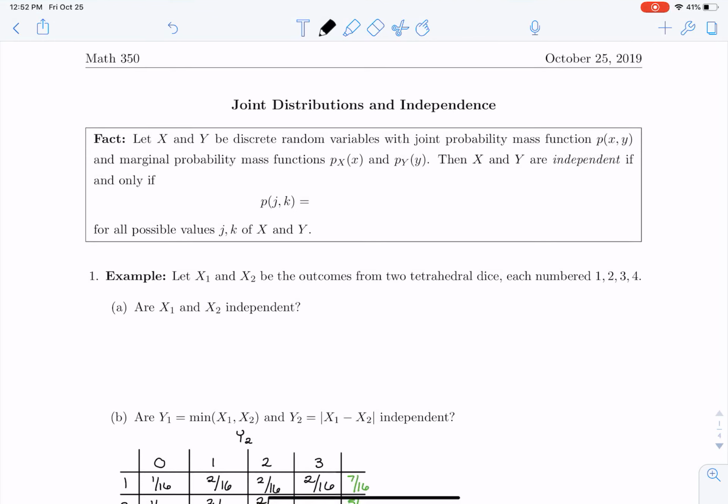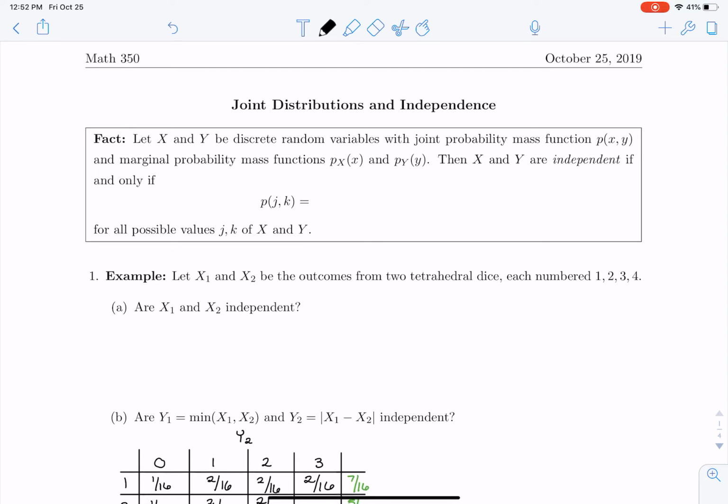We are now going to continue with our lessons on joint distributions and talk about independence of random variables. We're going to start with discrete distributions, and I want to start with a fact that if we let X and Y be discrete random variables with joint probability mass function p of xy and marginal probability mass functions p sub x and p sub y, then X and Y are independent if and only if the probabilities multiply, meaning